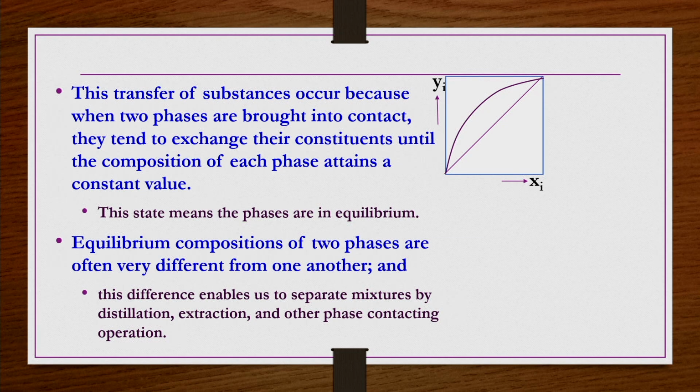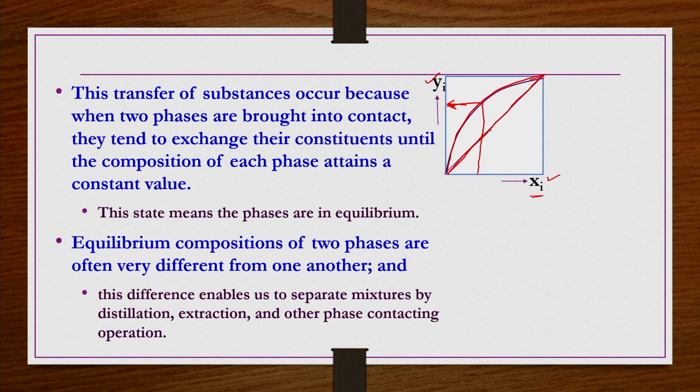Okay. So, let us say you have two phases, the composition of the ith species in one phase is yi, and the composition of the same species in another phase is xi. Then the equilibrium curve between these two phases, if it is like this, as given here, we can say the separation is possible, because at any xi, the yi is different from xi, and the difference is sufficiently large. That means we can say the separation is possible. So, this line is a kind of diagonal line, right.